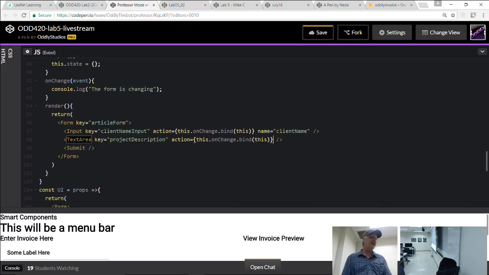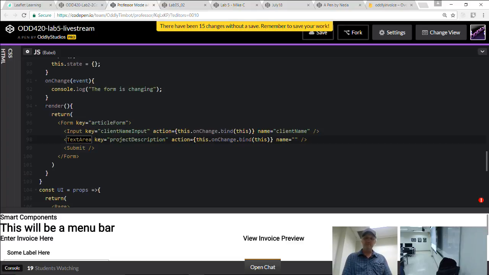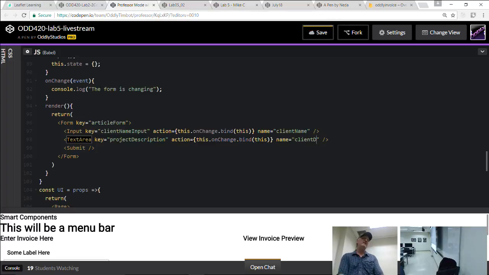Nope, we gave it a key, but now we're giving it a name. I'll do the same for the text area. Key is only used by React to locate the HTML that should get updated when the screen refreshes. But name, we can use ourselves in our code. Is it okay if they're the same? Yeah, that should be all right.